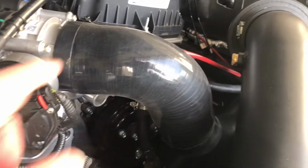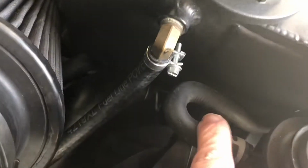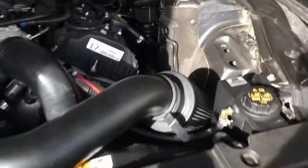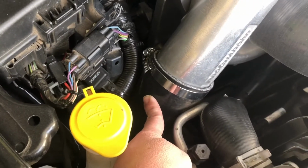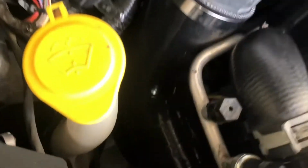See the coupler that I bought for this, and the one down here, they're all the same. This one needs a little bit of trimming. This one needed a little bit of trimming just up here. And this one needed no trimming because it barely fit. I mean, it's barely holding on. But because it barely fits,